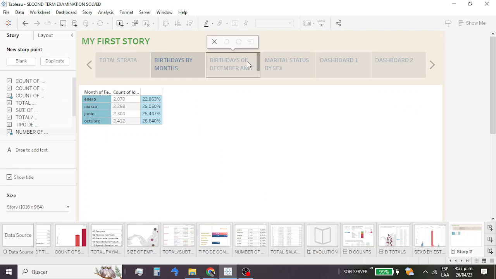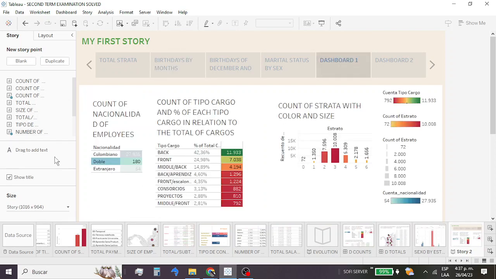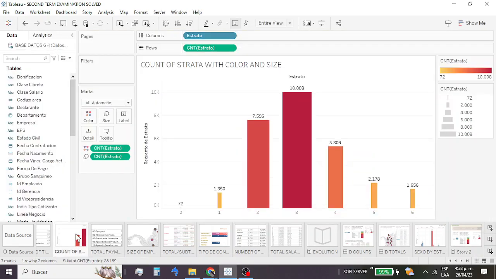It is in the dashboard one. So now here we see all the nationalities. And of course, if we change any of the graphs or of the tables, we are going to see the changes here. Now if you want, for example, in the count of strata with color and size, let's see,